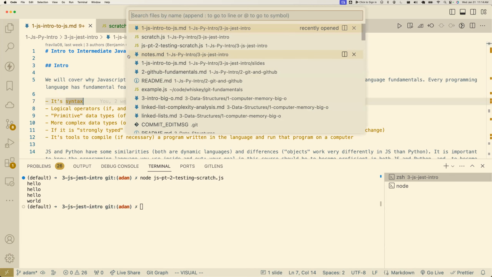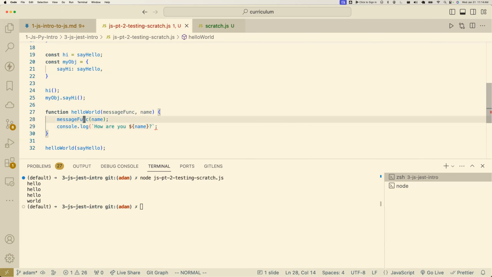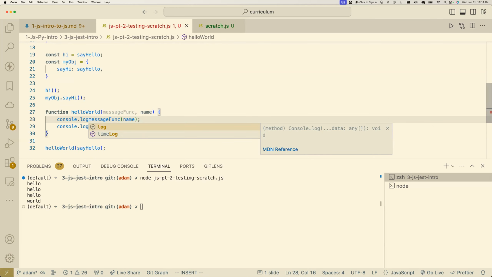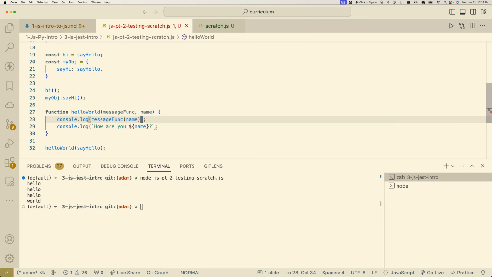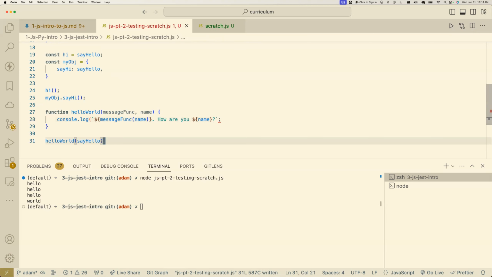Sorry, I lost my file. In fact, maybe we wanted it to look like this. And if I got this right,